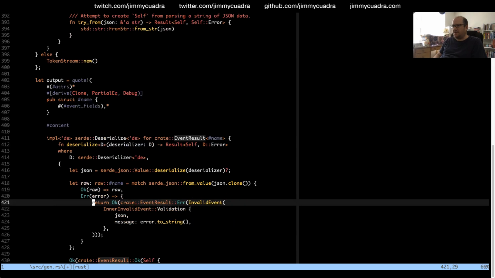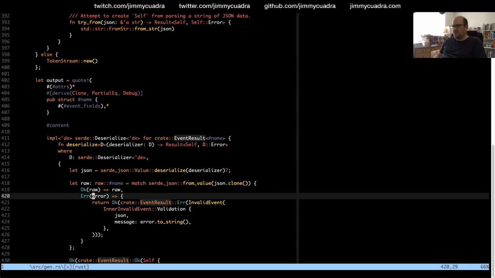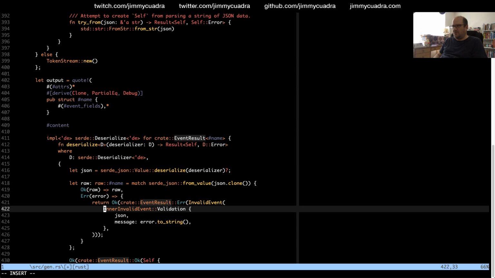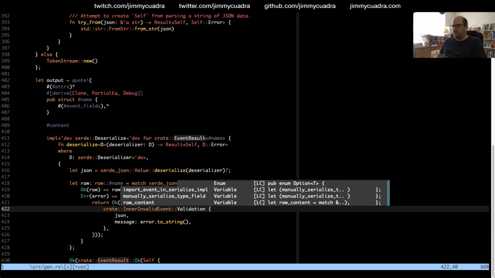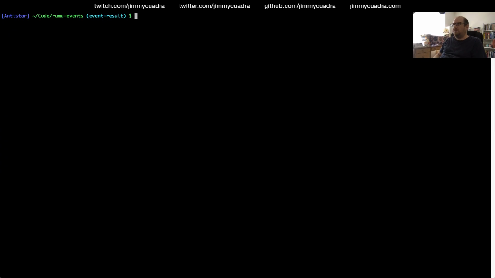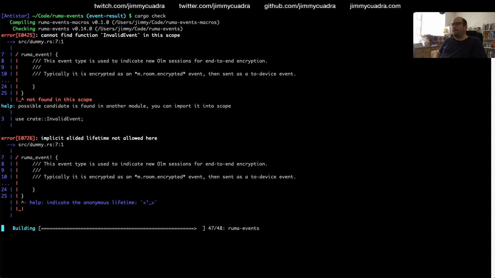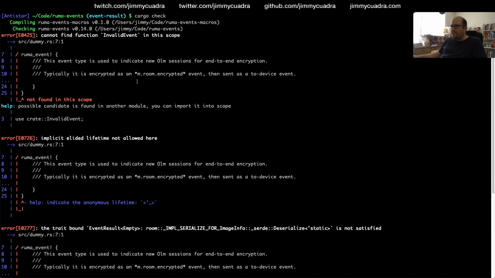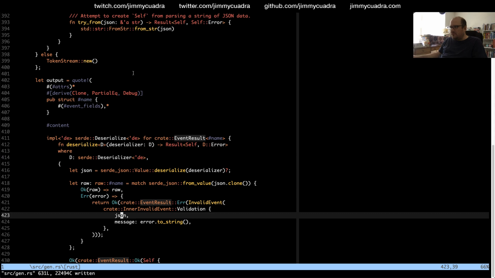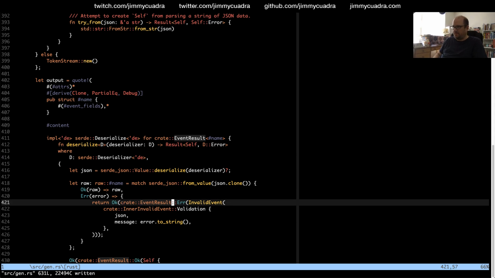Yeah, this is going to need to be namespaced also. So inner invalid event comes from the crate. One more time. Invalid event. Ugh, God, missed another one.